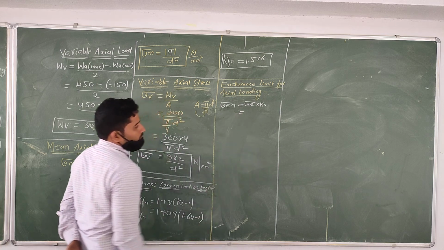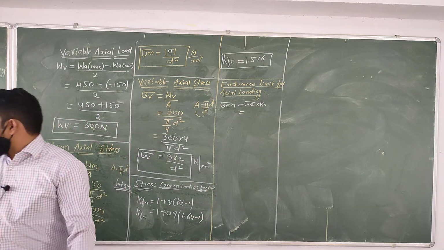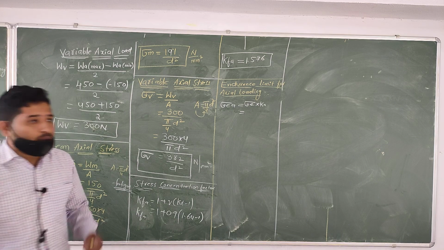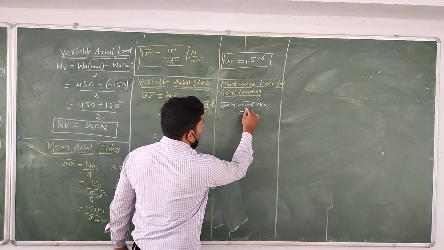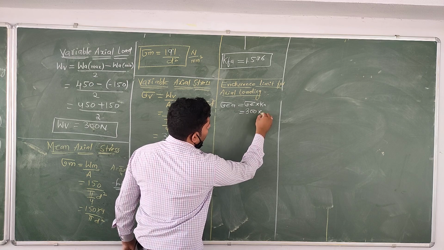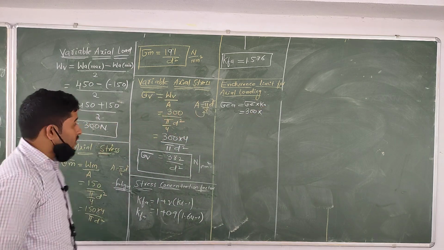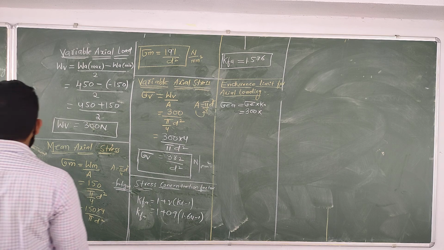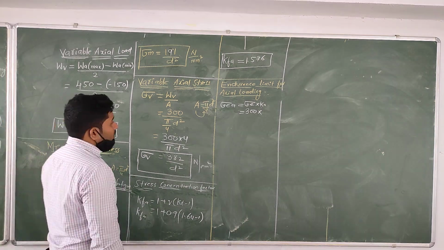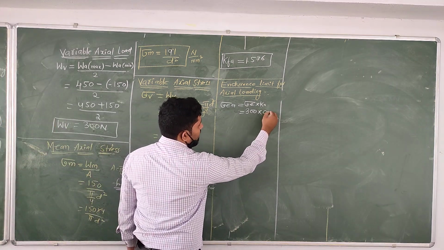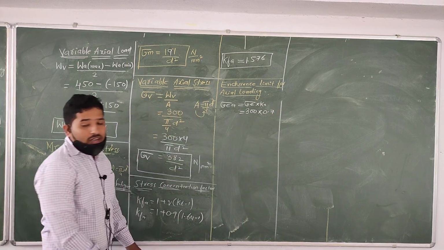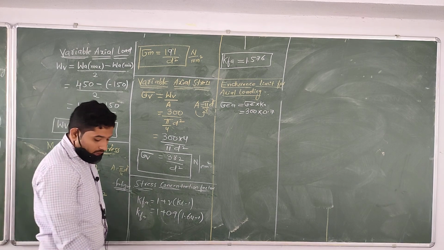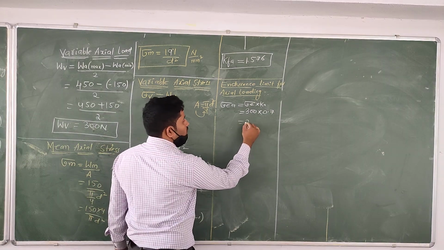Okay, here sigma E, how much is given the endurance limit? The endurance limit is given as 300 megapascal. So we can represent here 300 into Ka. How much is given here dear? The Ka, correction factor, is given as 0.7 for the axial. If you multiply 300 into 0.7, then you will get the answer of 210.